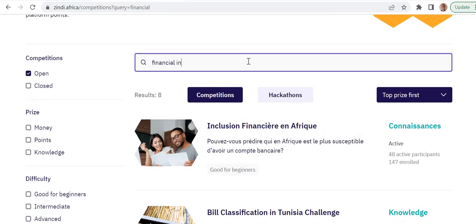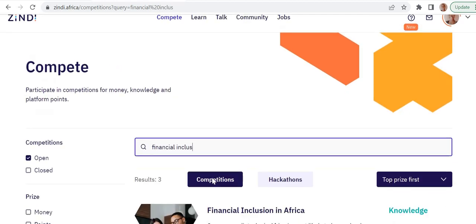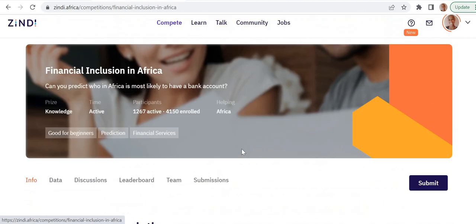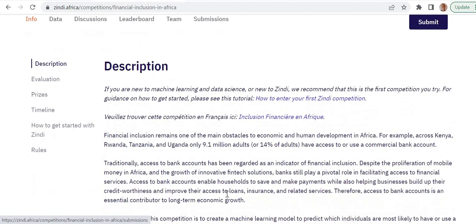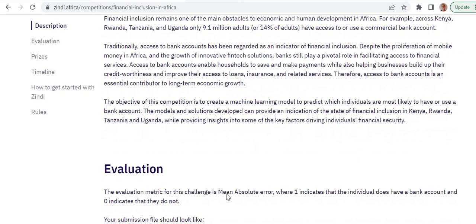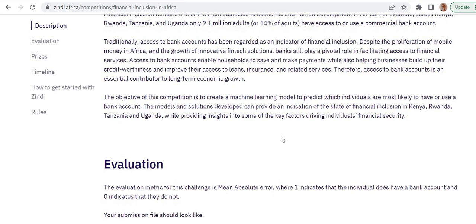Let me just go to inclusion. Yeah, great. So, I haven't shown you all of that, so you understand what we're trying to do now. We're trying to predict whether individuals have a bank account or not across these 4 countries. Right. So now let's go to the Google Colab sheet where we have all the codes that I use for